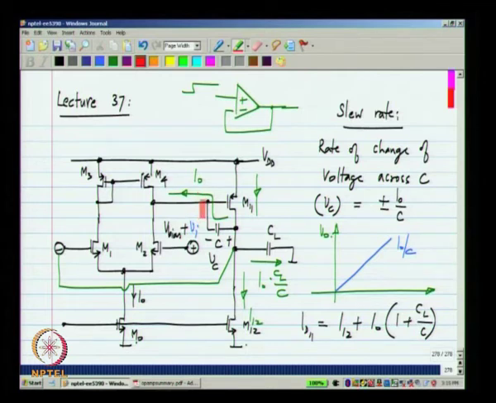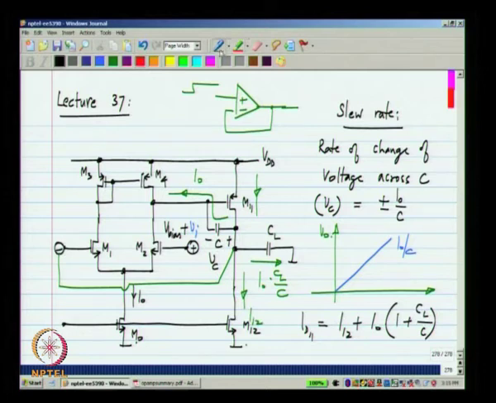Now, this may be a little confusing. Earlier, while calculating the output voltage, I assumed that the voltage at the gate of M11 is hardly changing. So, this is just an approximate calculation. For current in M11 to increase, the voltage here has to decrease. But just to be able to calculate the output voltage, we assume that this is fixed. Now, by lowering the gate voltage of M11, the current in M11 will increase. So, it is indeed possible to have this current in M11.